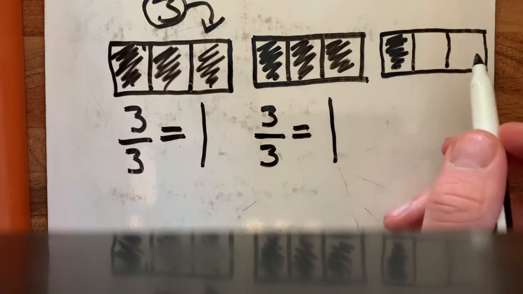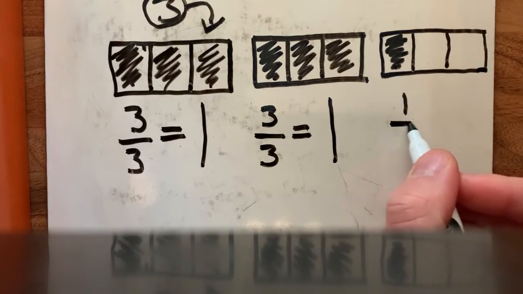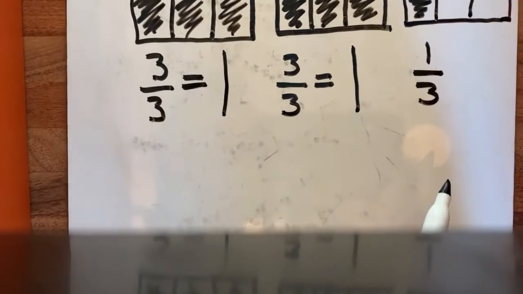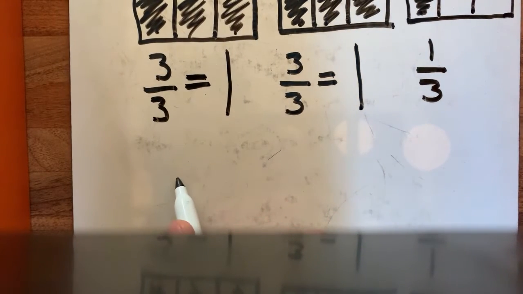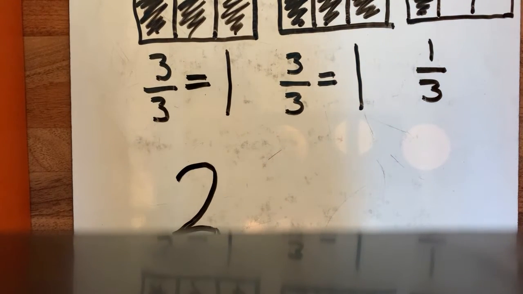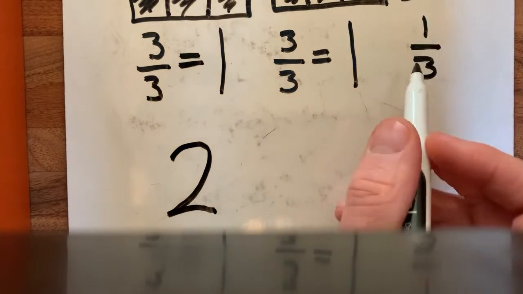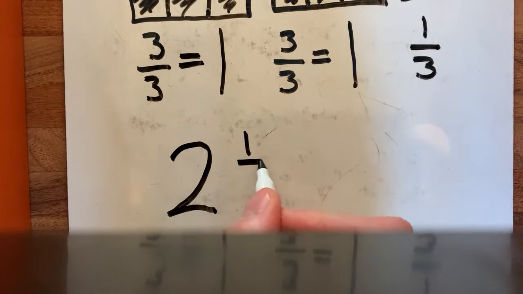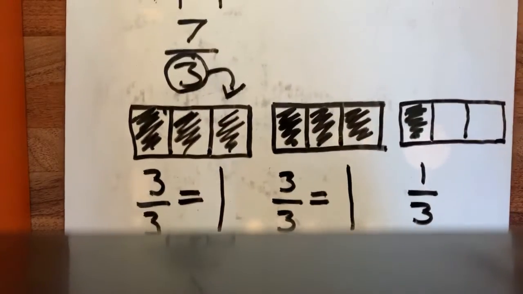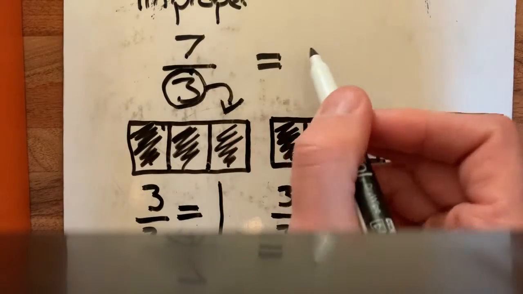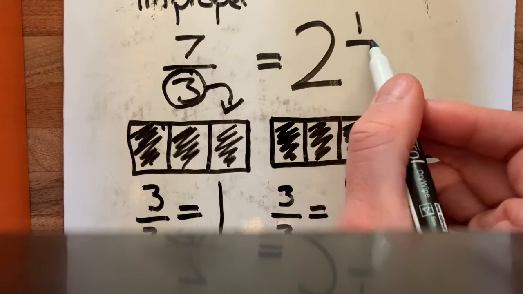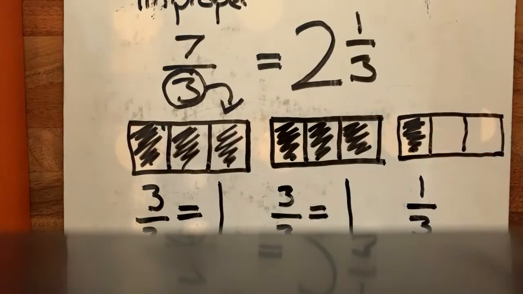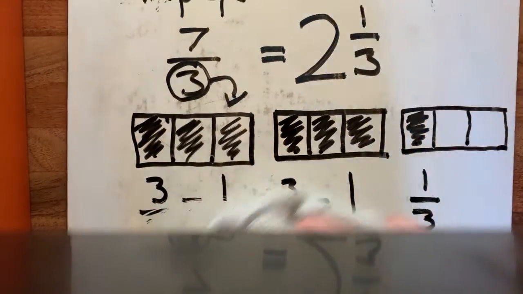And on this one, we've got 1 part of 3. So if we put it underneath and take it down, okay, we've got 2 wholes. We add our wholes together as a larger number. And we've got our 1/3 here. So 7/3, if we go back up, is equal to 2 whole and 1/3. Okay, and then we've converted it using our bars. All right, if we look at another example,